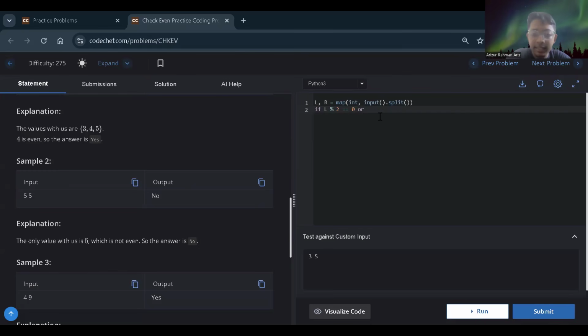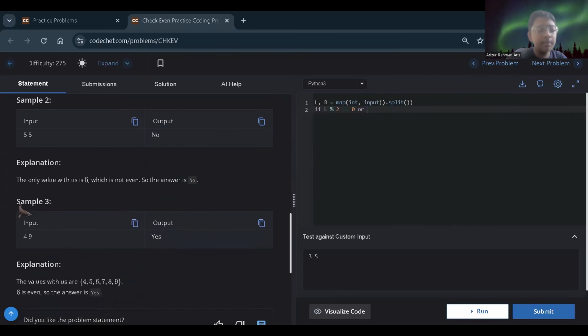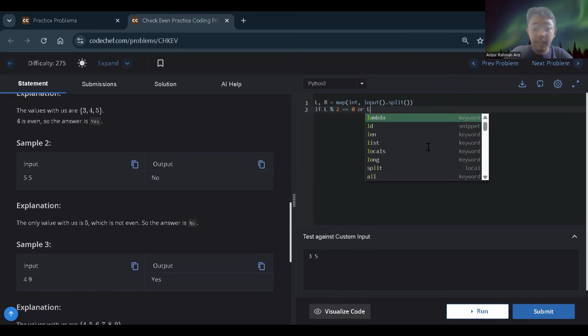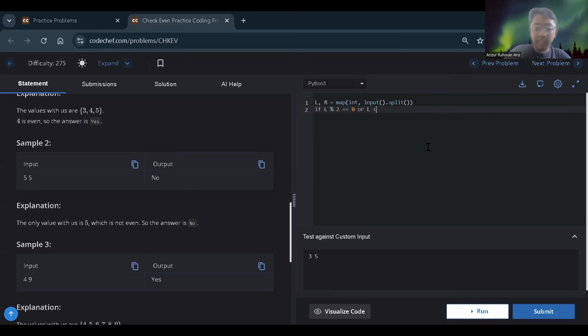Or we have to do another thing because, for example, L is 5. So, for example, the sequence is 5 to 9. 5 is odd, so it would print no. But in the sequence 5 to 9, there has to be an even. So what can we do? We have to just check if L is